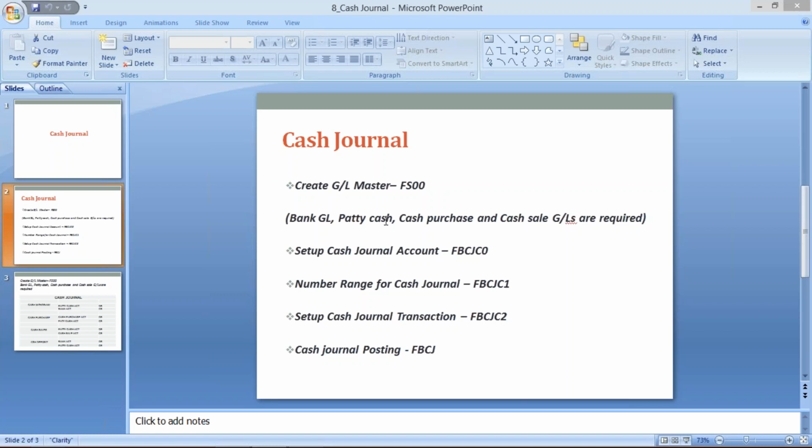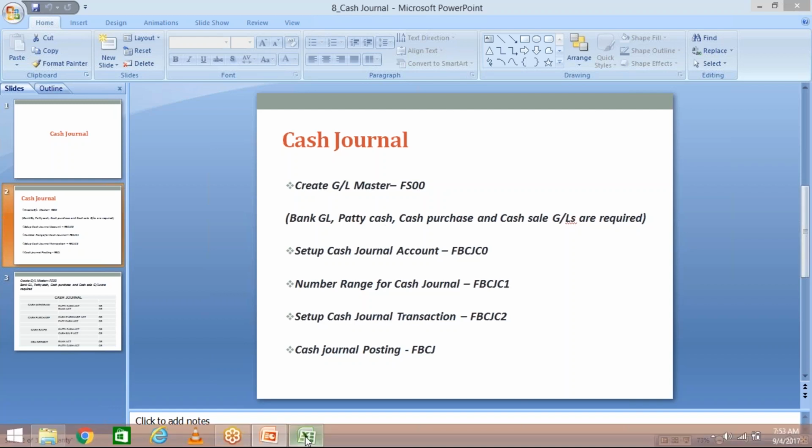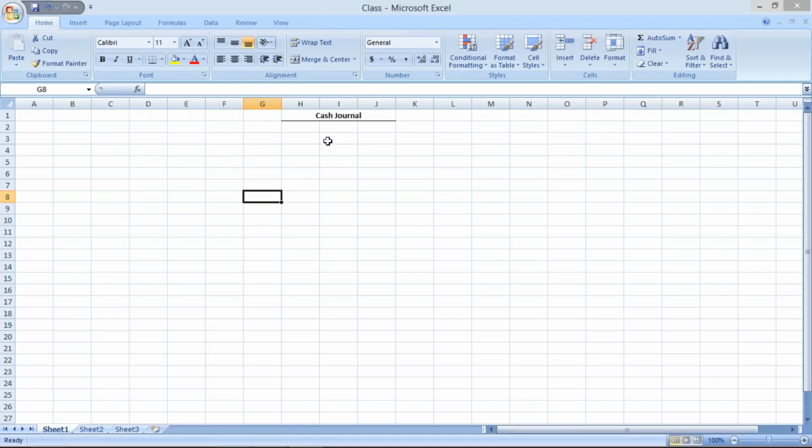Why? Because if any transaction is taking place, let's suppose we have purchased stationery worth 100 rupees, then one GL is going to be debited and one GL is going to be credited. What GL will be debited here?